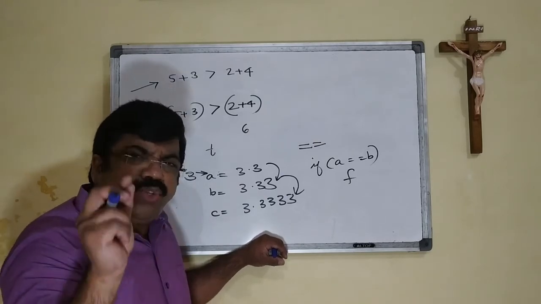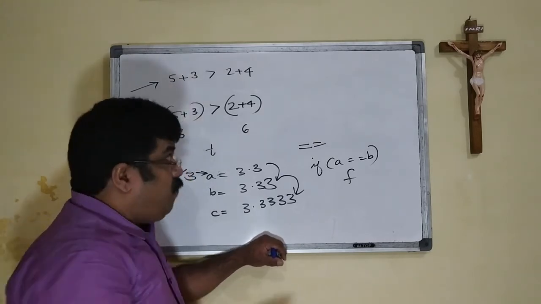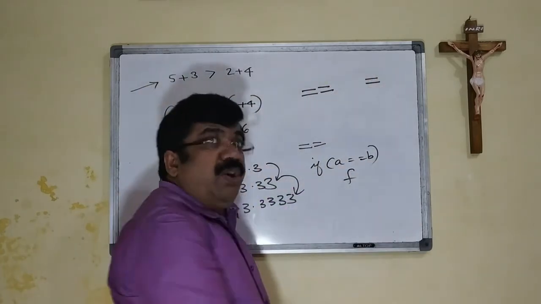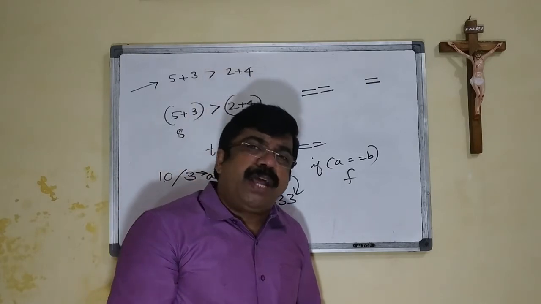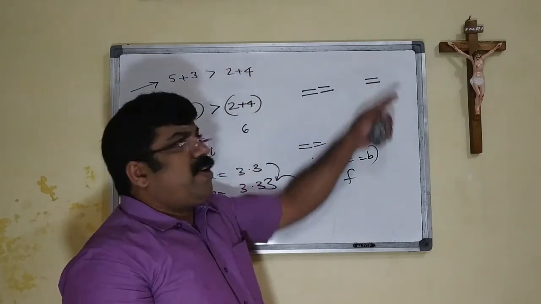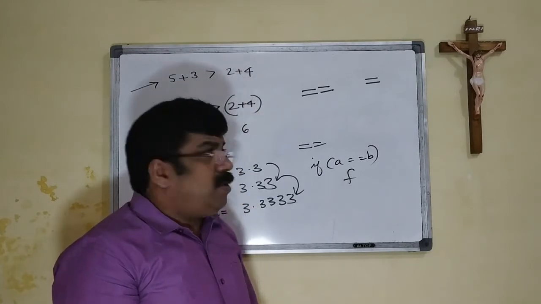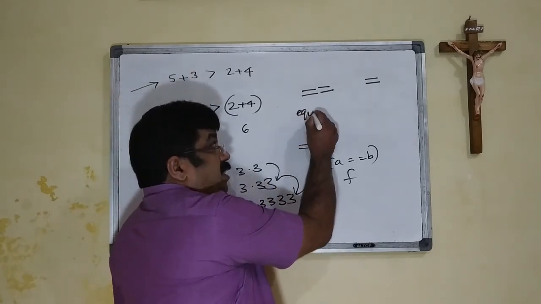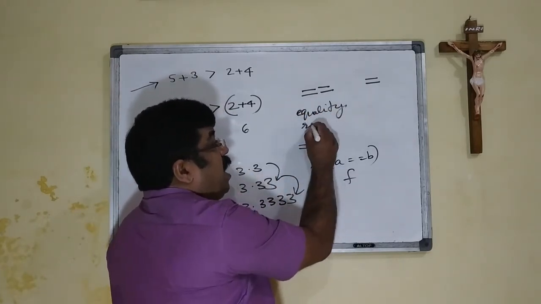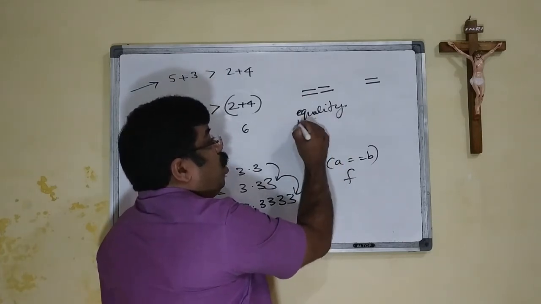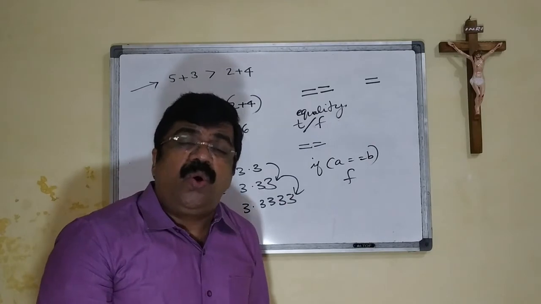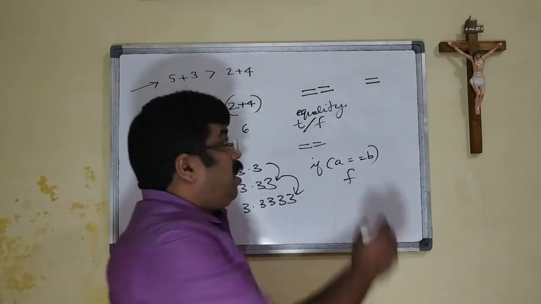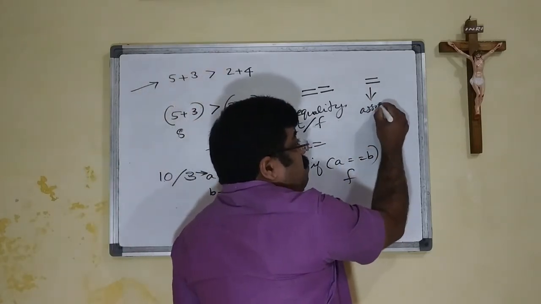Okay. Next, one point more. Do not confuse double equals to and single equal to. It is asked many times in the examinations. What is the difference between these two? The first one is a relational operator, which is checking for equality, and it will give you either a true or false answer. But what about the other one? It is an assignment operator.